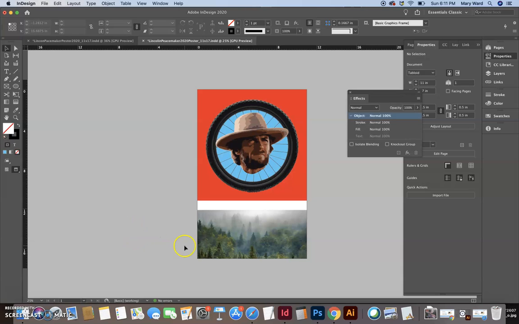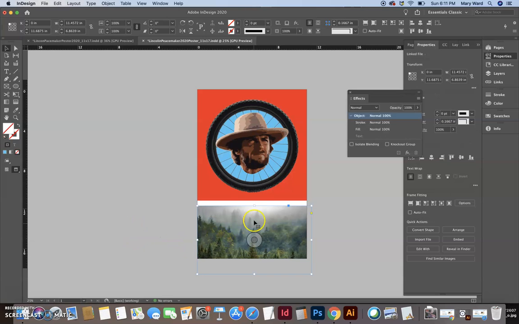So this is kind of where we left off. And I was just using my black arrow tool to bring down the size. And as you can see, it's actually cropping it. So what I was thinking is, there's quite a bit of fog here. I can crop off some of this fog so that I can have